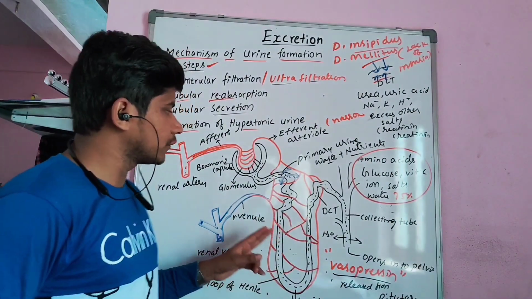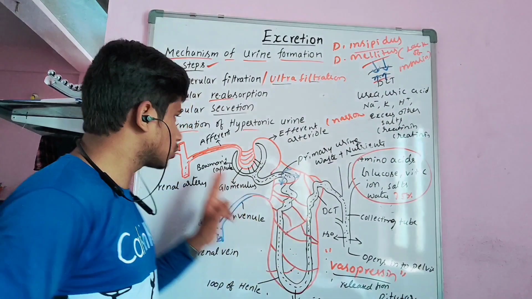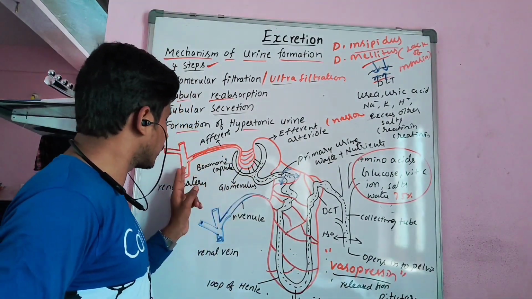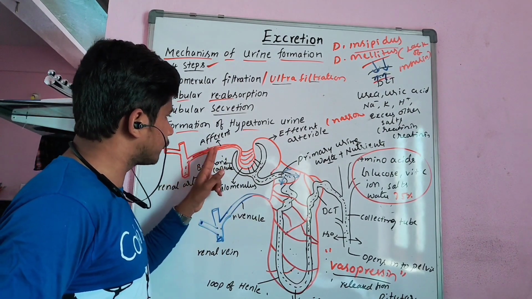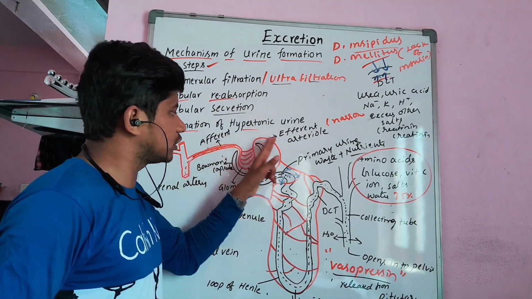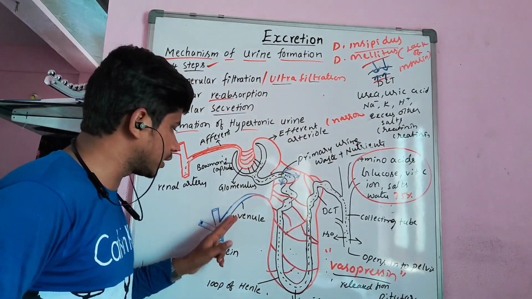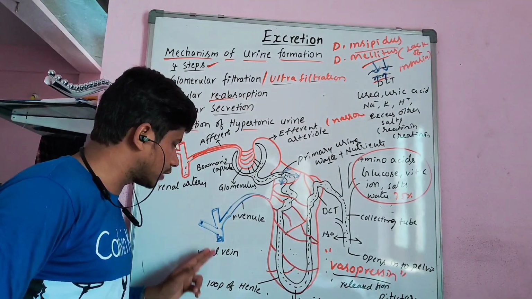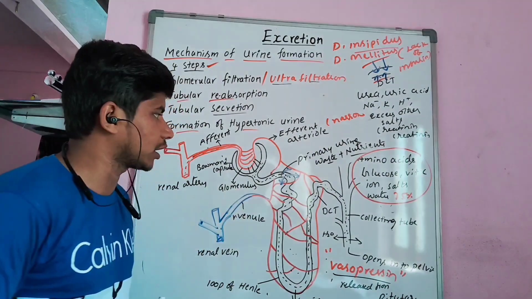Okay, here remember one thing. The blood never flows out of the capillaries, only the waste and nutrients are flowing. We know that already. So the blood pathway is what? From the aorta, renal artery, afferent arteriole, glomerulus, efferent arteriole, and peritubular capillaries, and they finally form the renal venule. Various renal venules join to form the renal vein. This renal vein comes out of the kidney and joins with the inferior vena cava.